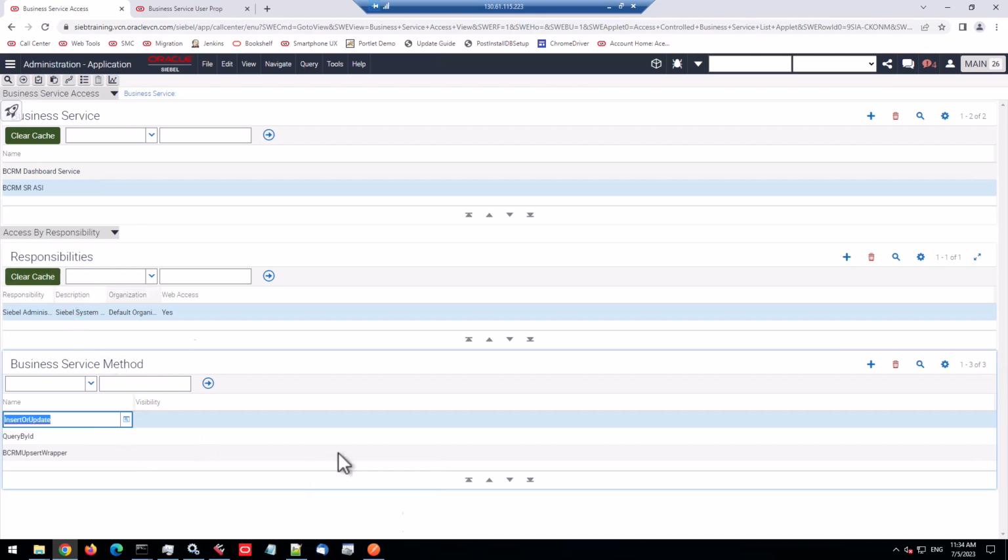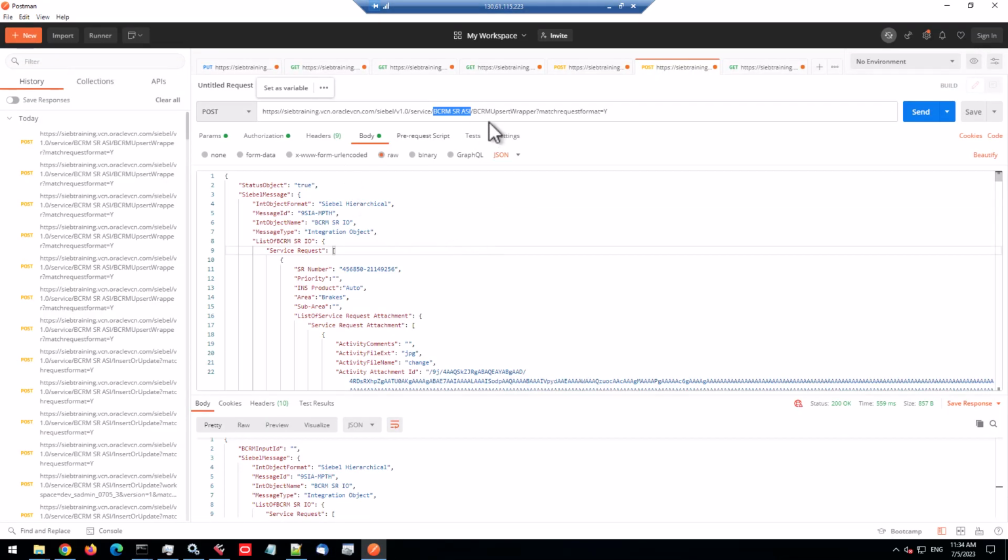So of course I cleared the caches and all I delivered. So here let's use insert or update, the original method that came from the copy. And a status object true is something you can pass on to actually request the status object, the default being false. And then there's my Siebel message. Important stuff is of course the name of the integration object, the message type. And let's say I want to create a new